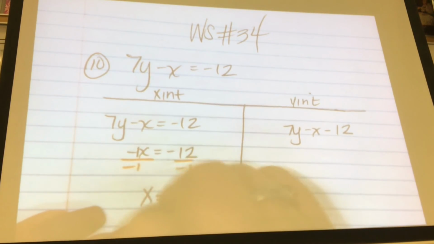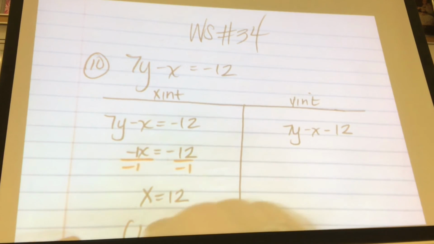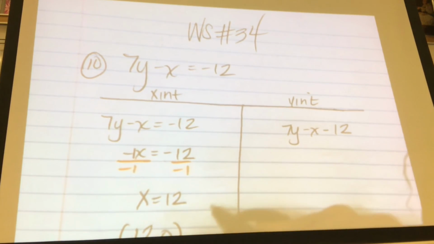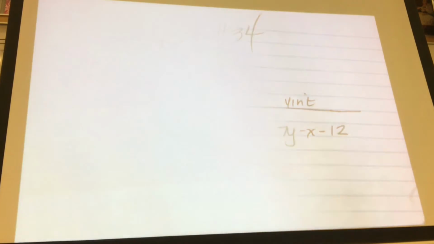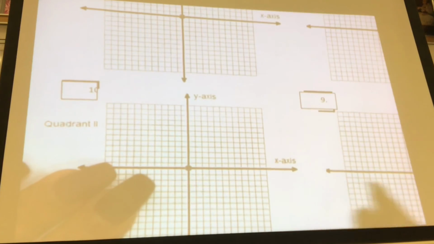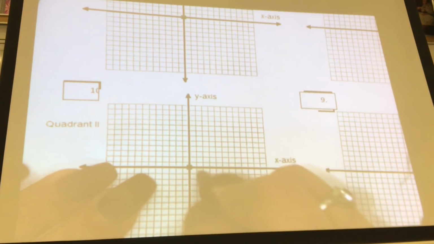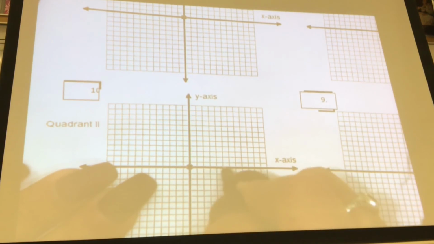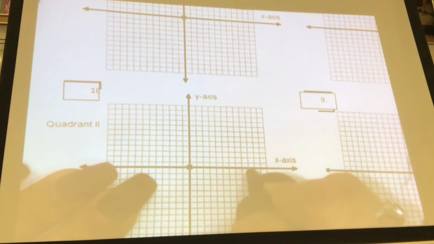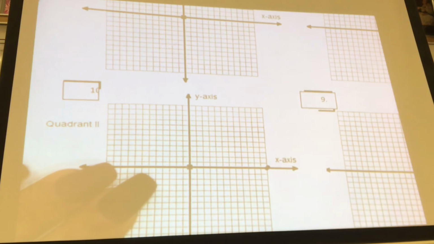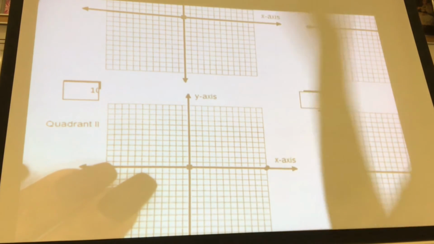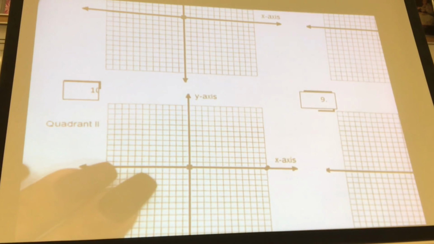So x equals 12. That means your x-intercept, don't pack up, I'm almost done, is 12, 0. So can you guys go with me, please? Can you guys go to number 10 real quick? You see how this says number 10 right here? You're going to go to 12, 0 and make a dot. So 1, 2, 3, 4, 5, 6, 7, 8, 9, 10, 11, 12, all the way at the end. Then what are you going to do? You're going to find the what? The y-intercept, and then what are you going to do with the 2 points? Connect the